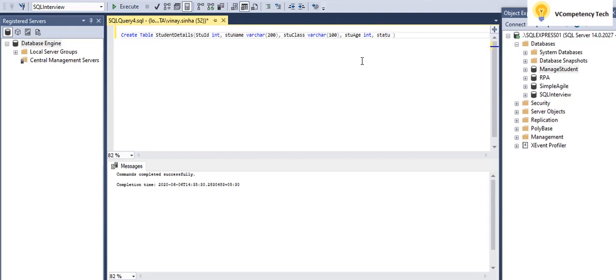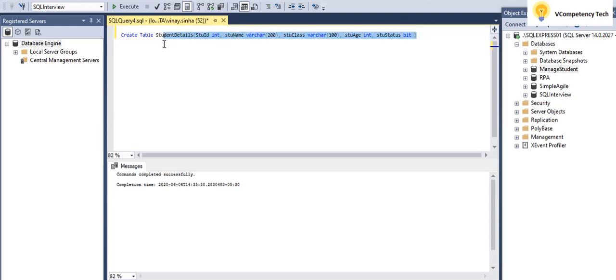I can give stu status, that I will give bit. Okay, it will contain 0 and 1. So the data type is bit. Now I will create it.